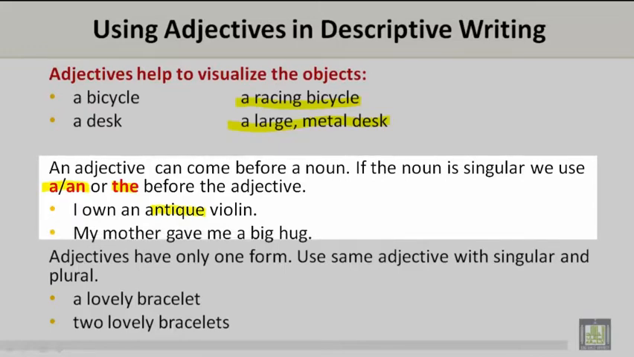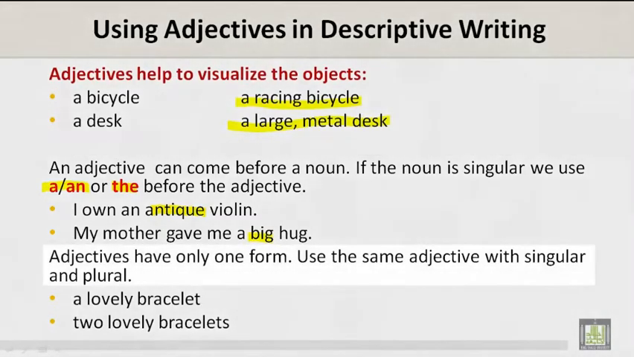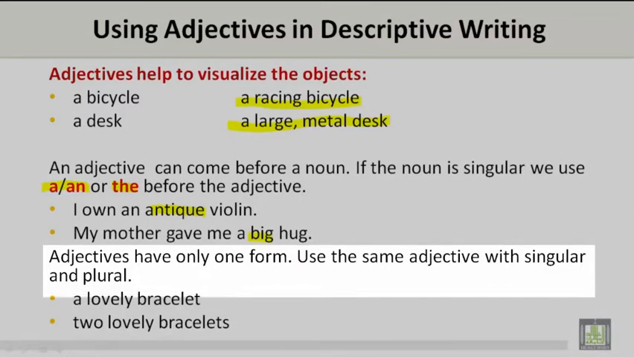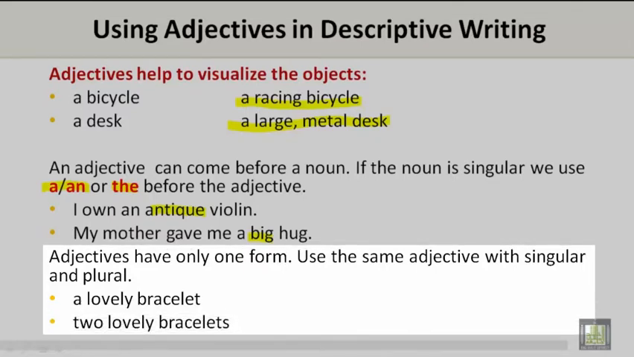My mother gave me a big hug. And what is the adjective? Big. Adjectives have only one form. Use the same adjective with singular and plural. A lovely bracelet. 2 lovely bracelets. In this example, the adjective lovely is used with both the